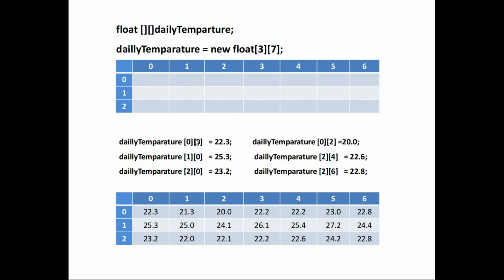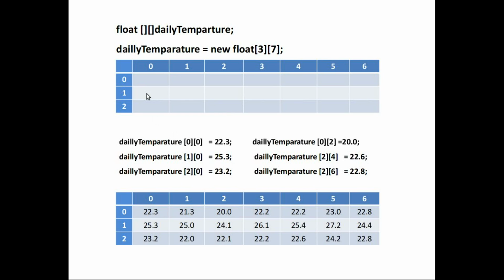Remember, with 1D arrays, we just used to pass in the index and we pass the value. Now the indexes in the 2D array are made up of a row value and a column. They are made up of a row position and a column. So I say row 0, column 0, I put in the value 22.3. I come down here, row 1, column 0, which is this one, I put in the value